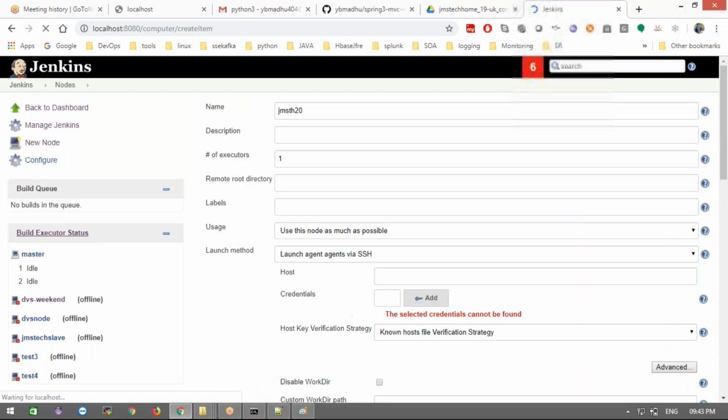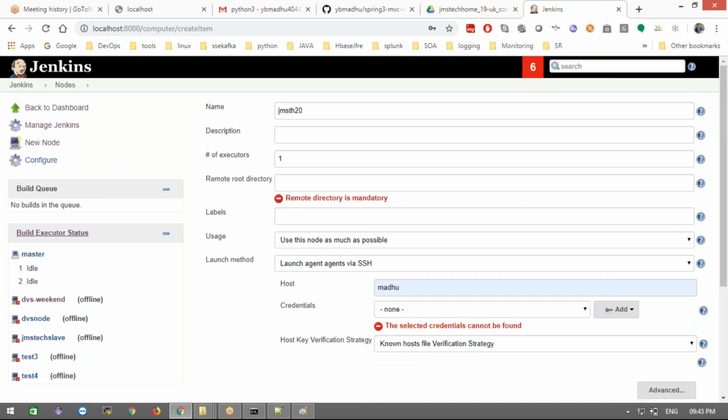Now, my data will be stored by default where? Under the C drive Jenkins home directory, right? I don't want to store that data there. In my system, I want to store it in some other folder. Shared data, it can be anything you write.